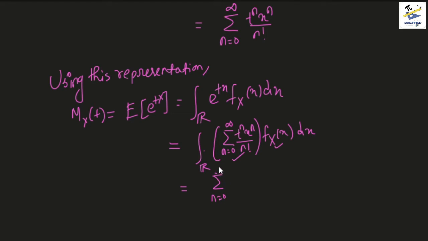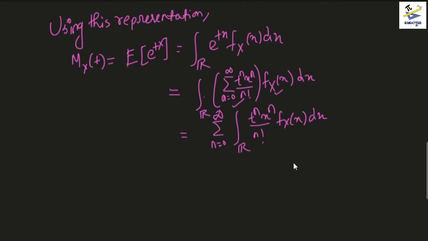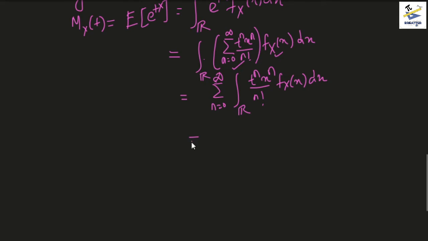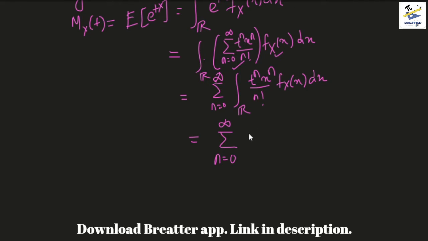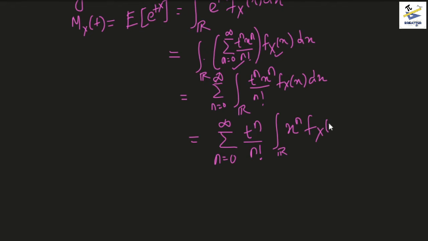So in that case we have the sum over n equals 0 to infinity, integration over the real line, t to the power n, x to the power n by n factorial, into f_X(x) dx. Now we can take the constants which are not inside the integral outside, so we can write it as... and now as you see, this thing exactly here is basically E of X to the power n for the variable X, right? So we can write this as